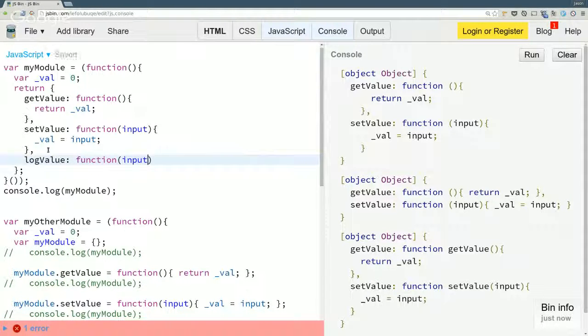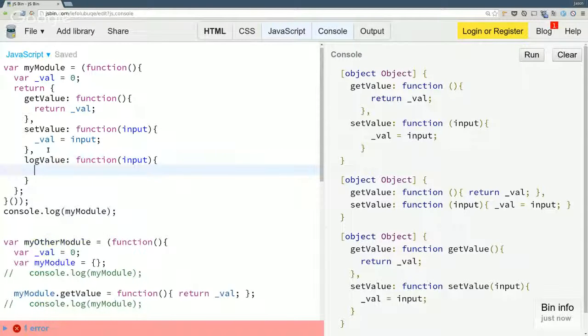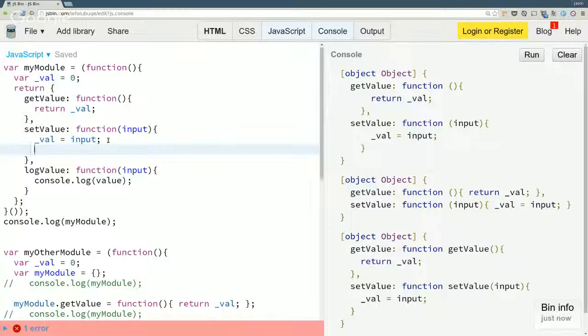And to finish up my thoughts on the revealing module, this is a big part of why somebody wanted it. If I'm returning like this, to actually call log value I have to type this dot log value, which at the end of the day works exactly the same.